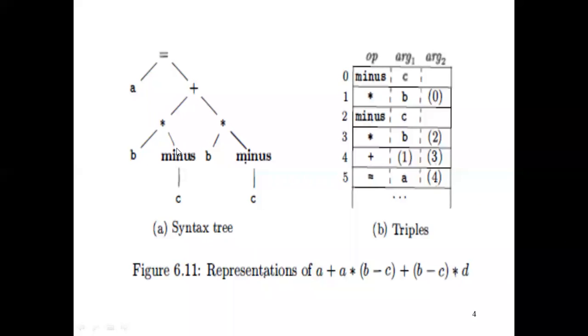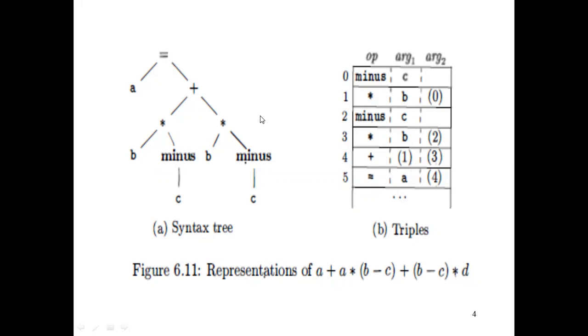B star and again minus here, we are writing the minus sign, the minus operator, and from the minus we are drawing this C. Again B star minus C, and this is the plus. We are going to add B star minus C and again B star minus C here. After the addition, B star minus C plus B star minus C, we are going to assign it to this. Now you can see A is equal to B star minus C plus B star minus C. So this is called the syntax tree.